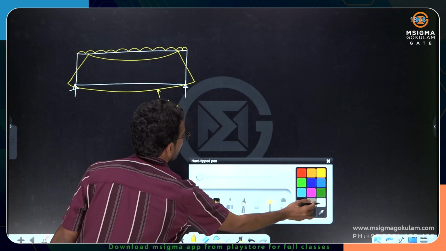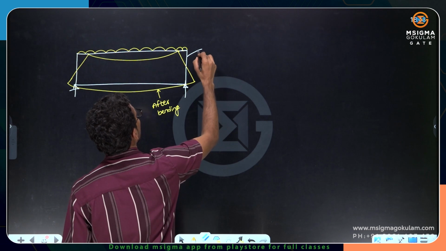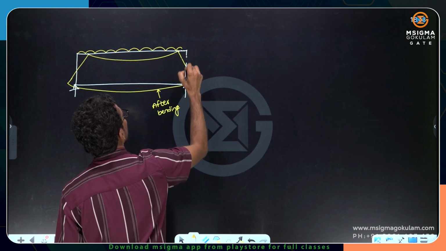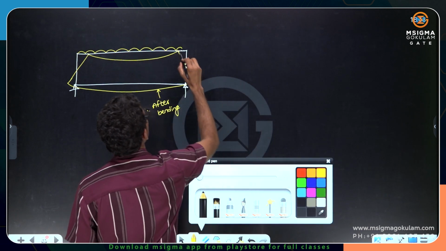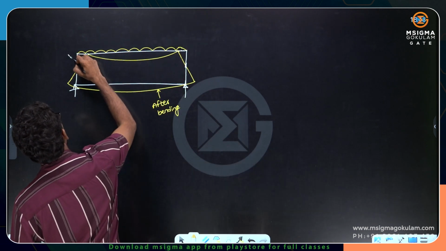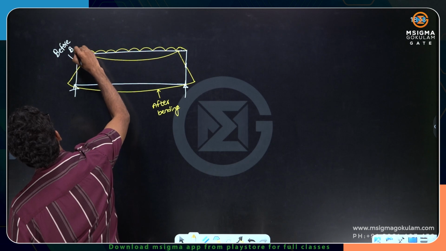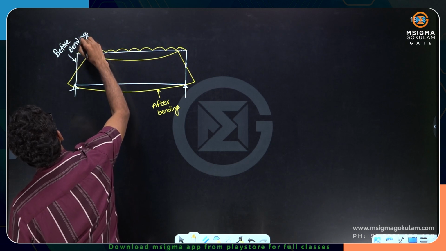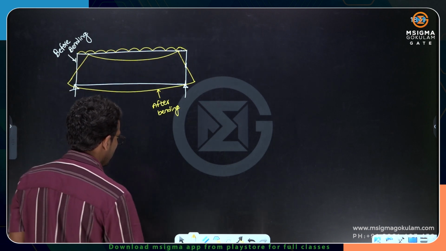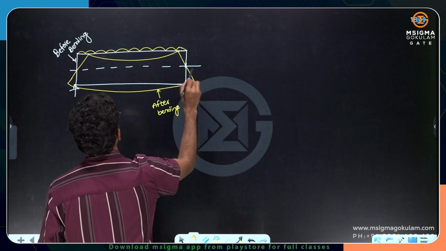What about this? This is before bending. So whatever white line you see here, that is before bending. The shape of the beam is like this before bending, and the shape of the beam is the yellow line after bending. Okay. So if you understand, dear students, if I draw an axis, there is one axis which